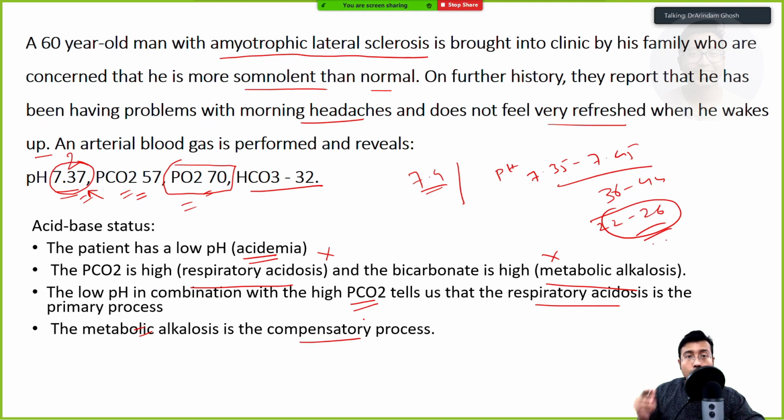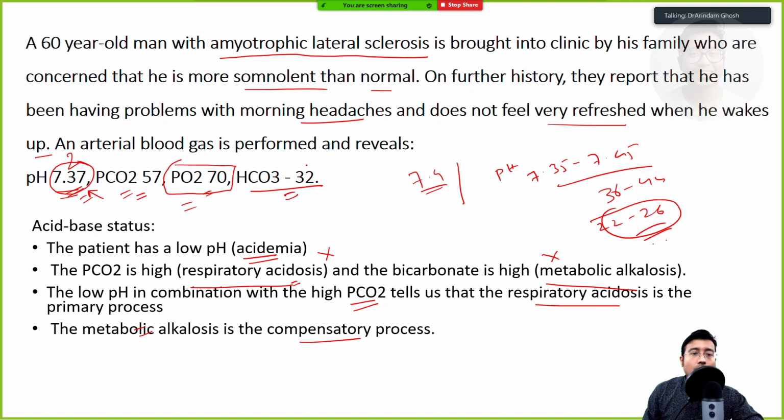Okay, so you see what actually has happened here. If we consider a pH of 7.37, first the pH went down a lot. It went down a lot due to respiratory acidosis, and then bicarbonate has increased. Okay, and it has brought back the pH to normal level. So it is a full compensation. Okay, when a pH is less but still the parameter is not abnormal, there is compensation, but that is partial compensation. This is a case of full compensation.